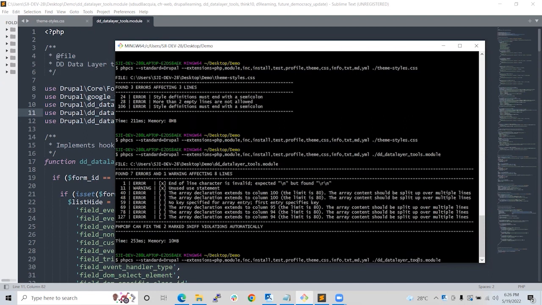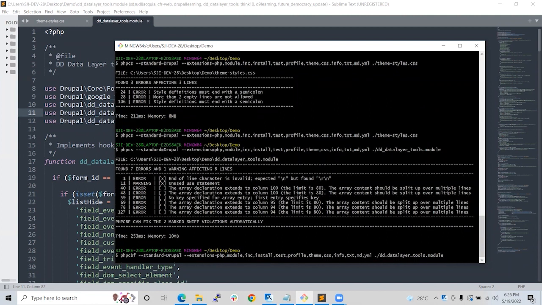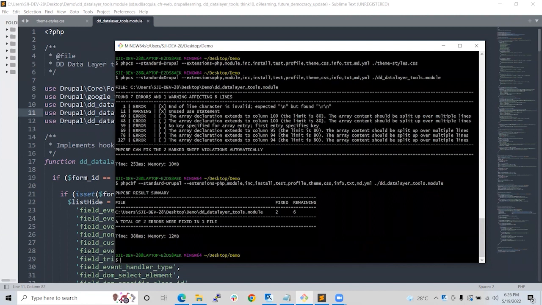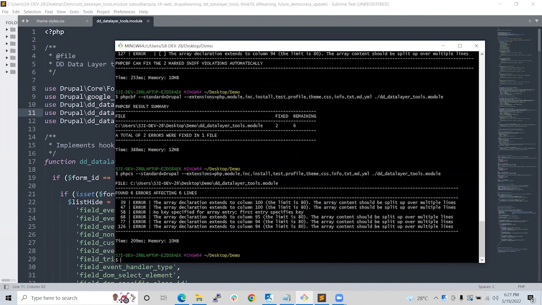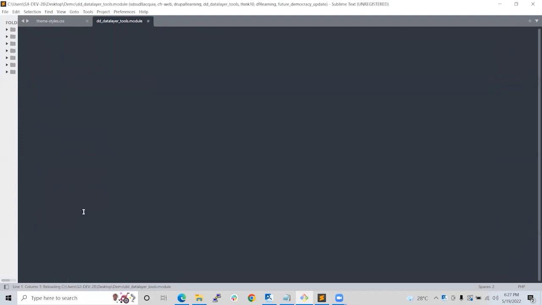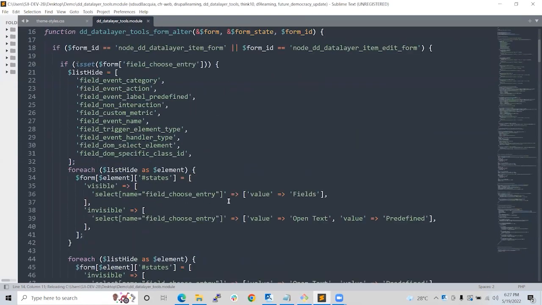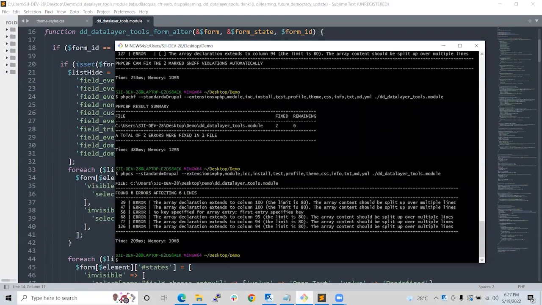So yeah, and then if we sniff again, there will be 6 issues which are already there. So 2 are fixed and 6 will be pending. If we go to line number 39, it is crossing the 100 limit.